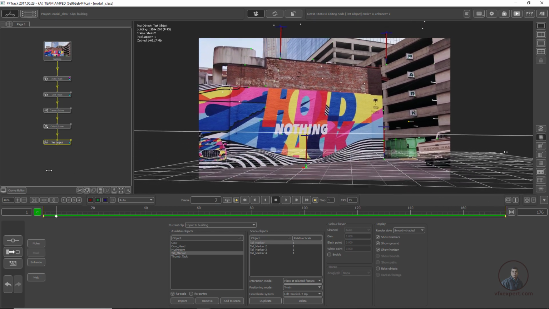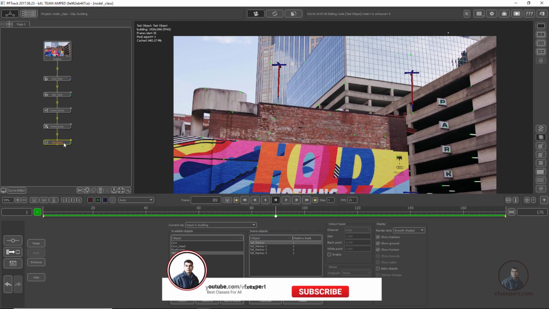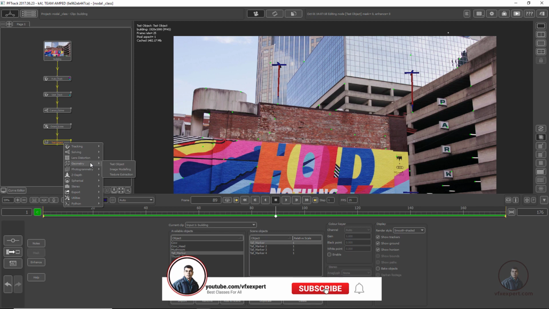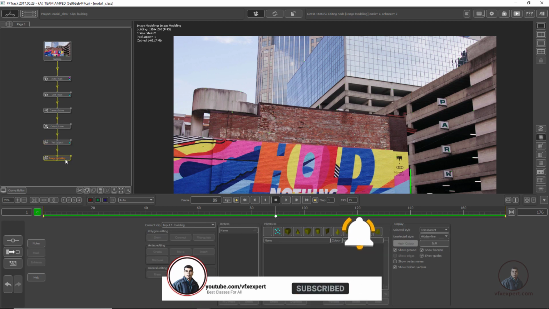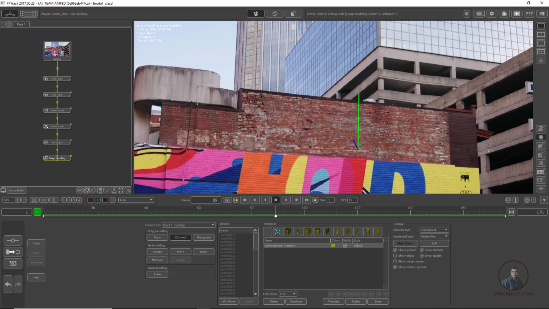So this is perfect. Even if you want, you can also use your image modeling here. So I am going to use a little bit of image modeling. Again, same, right click, geometry, and click on image modeling, double click. Then first we have to load our point, then click here, then select camera group. Okay, now first with the help of the connect option, I am going to explain how you can connect and build your model here. So click on connect, then select, then the second one, click here.